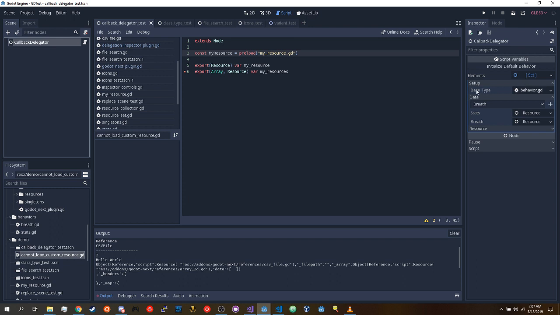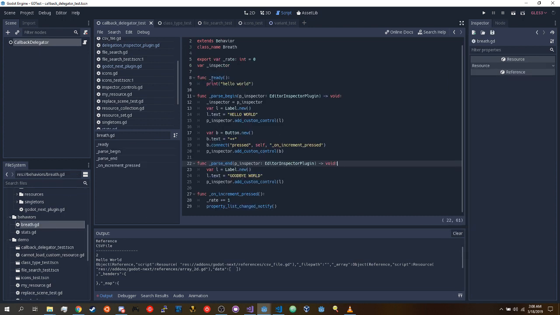So this is why you can set up a base type and then it actually generates a drop-down of options for you, and you can just add whatever the heck you want and customize the GUI associated with each one. It's really, really powerful, really flexible, and I haven't even gotten to the best part, which is the actual callback delegations, right? So let's look at